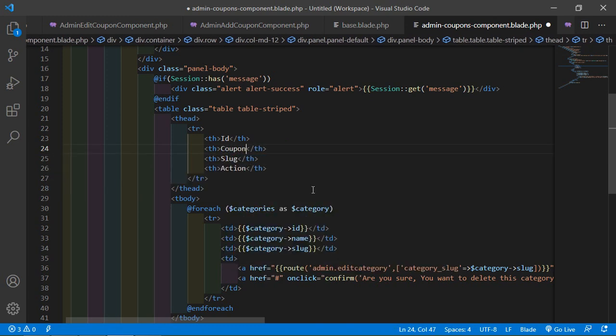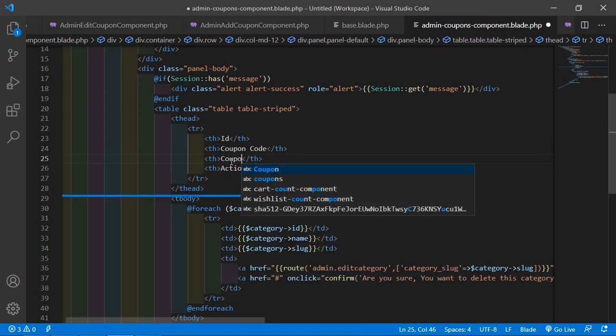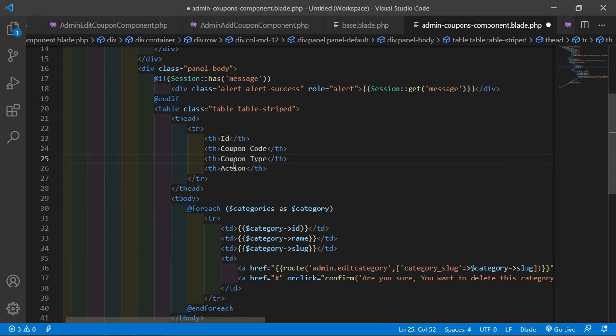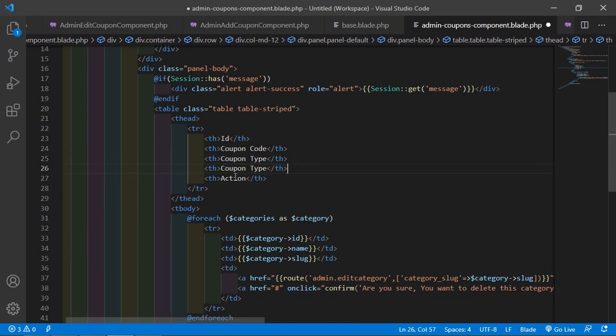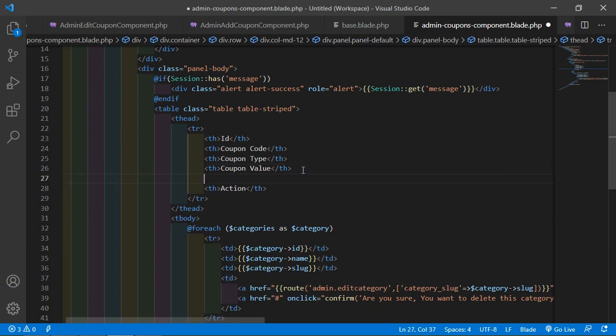So right here coupon code, another column which is coupon type, and now just copy this and add here the heading coupon value, and one more heading which is coupon cart value.